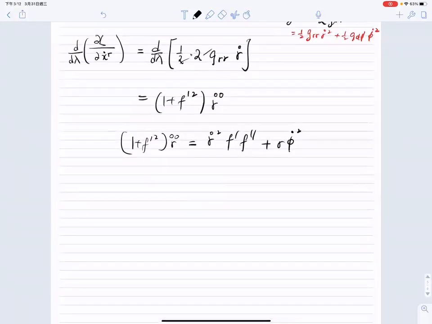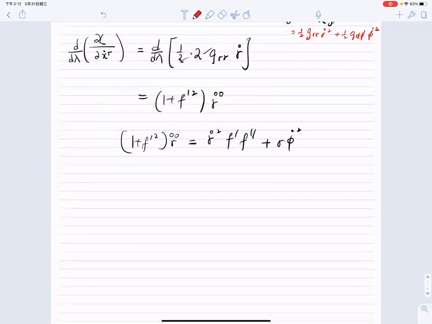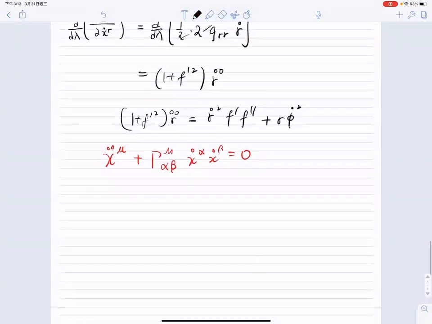All right. And what we want is to compare it with the geodesic equation, right? And then find the Christoffel symbol. So